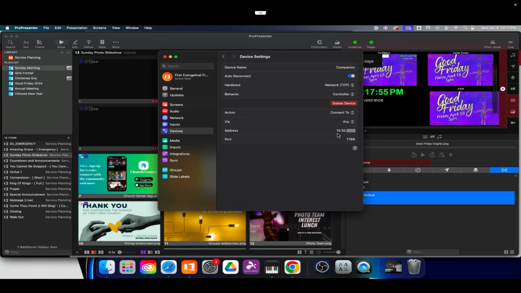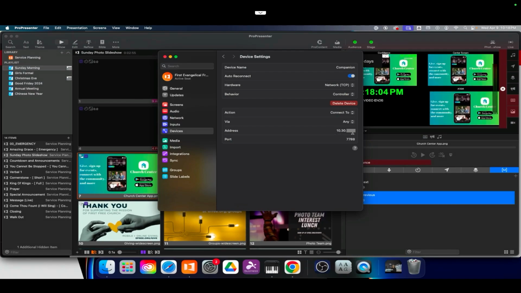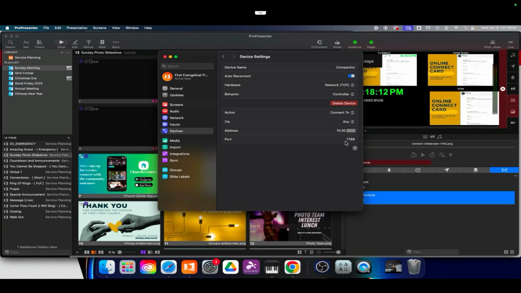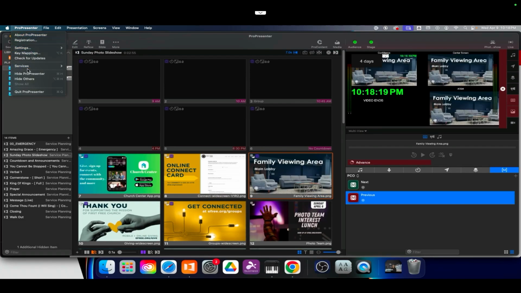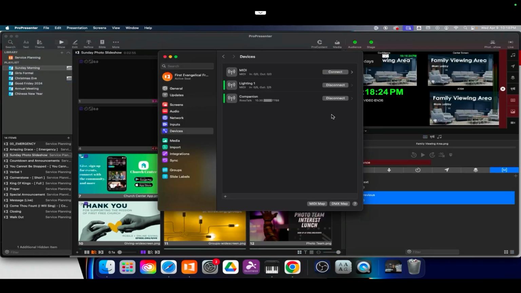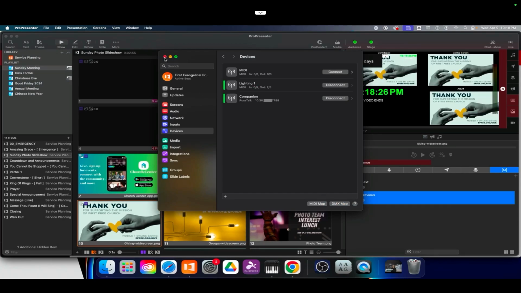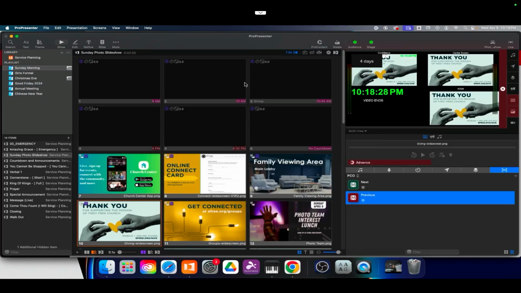For me, my Stream Deck is connected to my Mac that has ProPresenter on it. If that's how you have it, whether it's a PC or a Mac, you should be able to take the IP address of your computer and put it into ProPresenter, and make sure your port is set up correctly. Once that happens, make sure that you enable it. I didn't mean to close that. So settings, devices, make sure that you enable the connect,